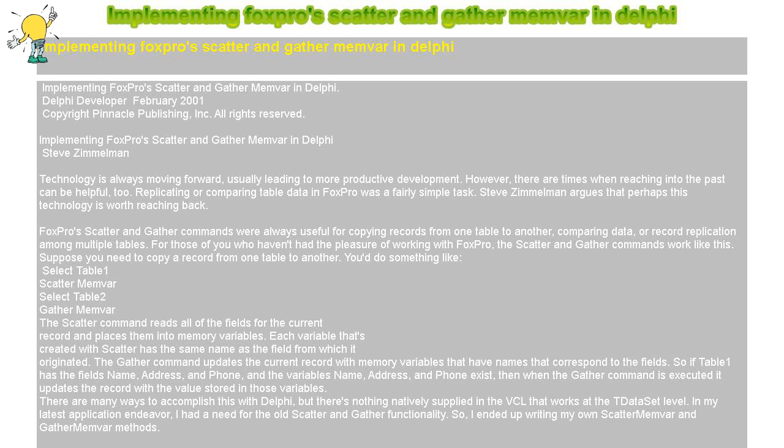Procedure FreeScatterList; var I: integer; begin if FScatterList = nil then exit; try for I := FScatterList.Count - 1 downto 0 do begin try Memvar := FScatterList.Items[I]; Memvar.Free; except end; end; finally FScatterList.Free; FScatterList := nil; end; end; initialization FScatterList := nil;